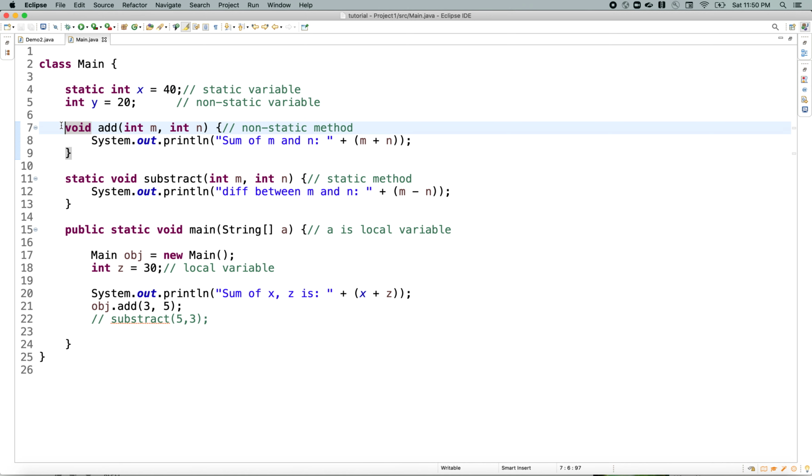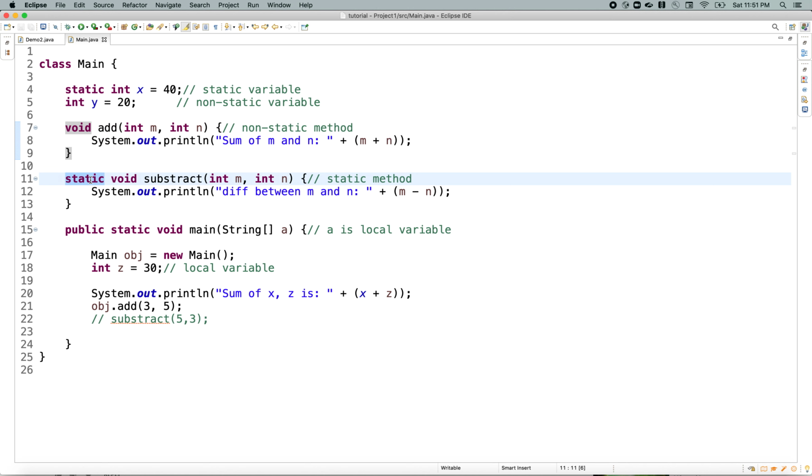Next, I have defined a simple method, void add, which is a non-static method. We don't have a static keyword with the method, so this will be a non-static method.